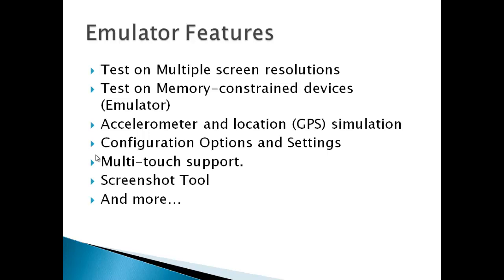So with this, you'll be able to test across different screen resolutions and on memory constrained devices. This is within the emulator. We saw an emulator with only 512 MB. Suppose I develop a Windows Phone 7.1 app, I would have got an option within Visual Studio to test my app on the emulator that is only 256 MB. So 256 MB is the basic hardware requirement for the Windows Phone 7. With the Windows Phone 8, it's 512. So I have an option to test the app on memory constrained devices too.